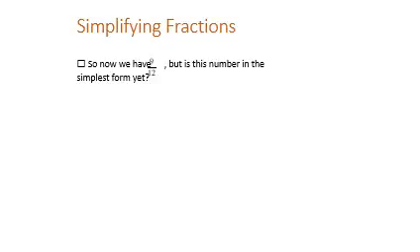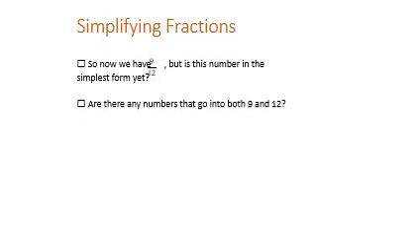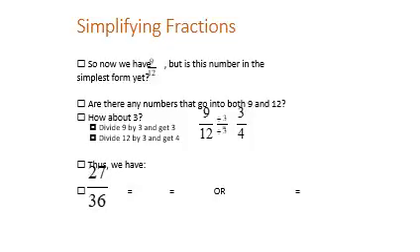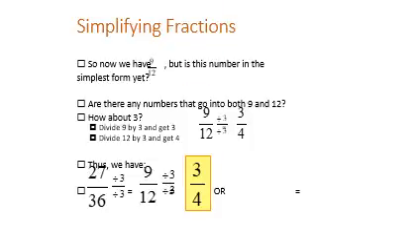Now, if I have 9 over 12, can I say that this number is in simplest form? No, because I can find a number that both of them can be divided by, which is 3. So suppose I have 9 over 12, I will divide both terms by 3, I'm going to get 3 over 4. And now 3 over 4, it cannot be divided anymore, so I can say that 27 over 36 divided by 3 is equal to 9 over 12, then again by 3, it's equal to 3 over 4,